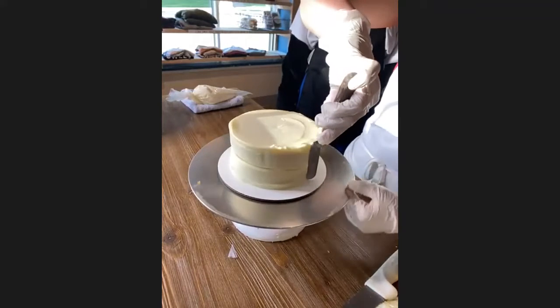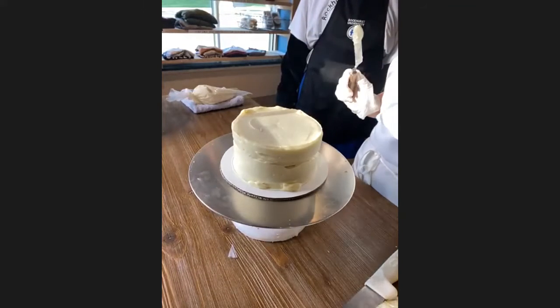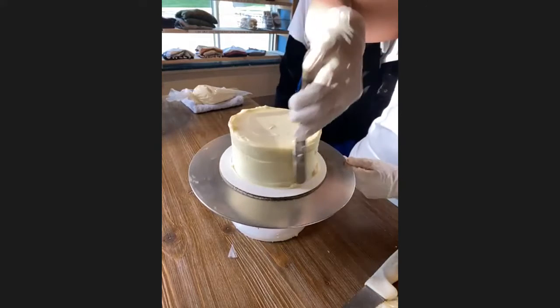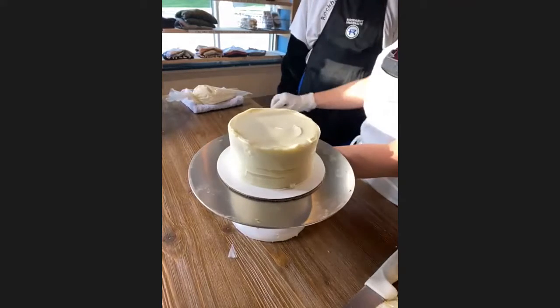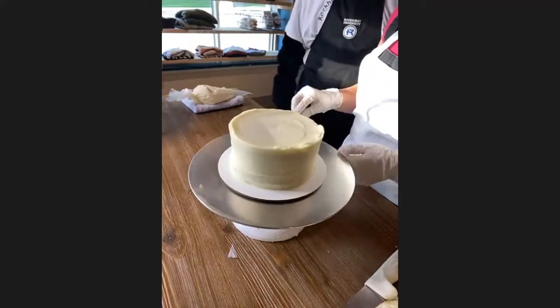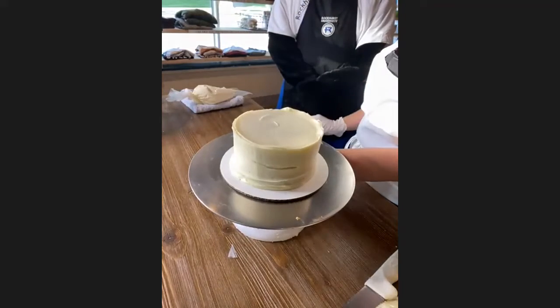Now, we made it a little bit easy for some of you newbies here, and we did kind of a textured cake design on this. So do not worry about getting your cake perfectly smooth. It does not need to be smooth. It needs to be beautiful and look delicious. All right. If you get extra piled up at the bottom, you can kind of just scrape it off